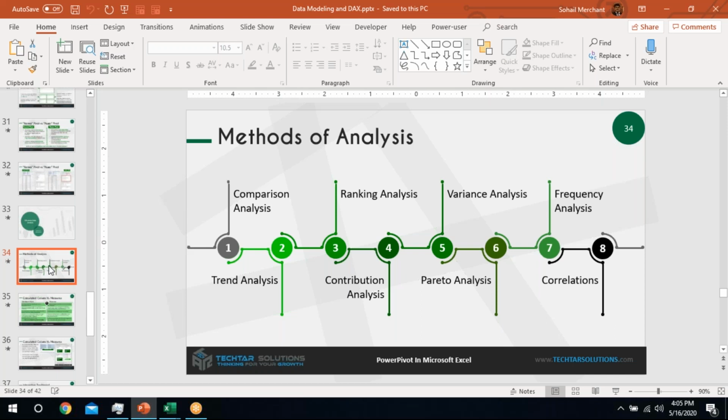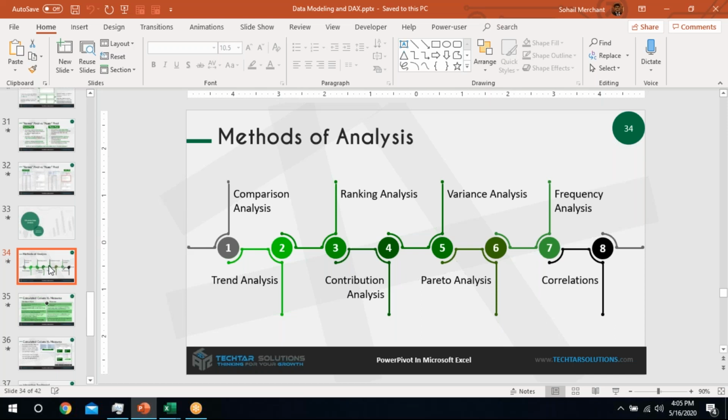Variance analysis: what was the budget for a particular production and what we have actually made in the production cost. Pareto analysis, one of the most suggested as per my knowledge.